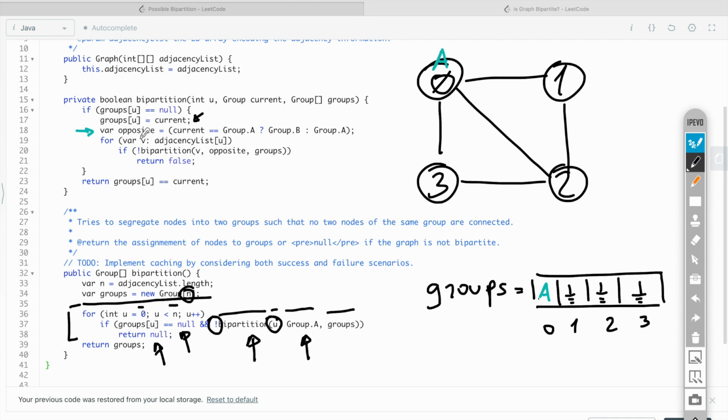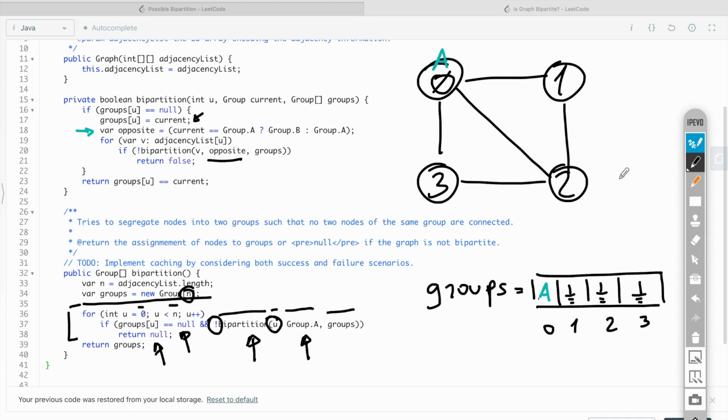Next, we traverse the neighbors of our node and recursively call this bpartition function, each time passing the demanded group for that neighbor. And since this happens recursively, all these recursive calls are easier to explain just by tracing what happens visually on this graph.